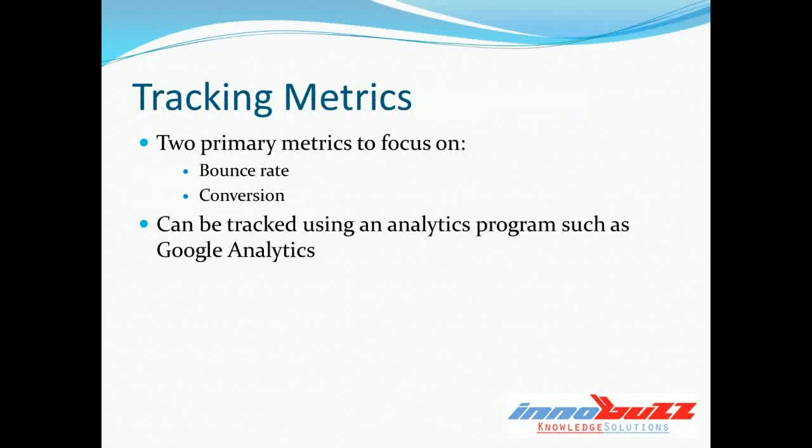Okay. So when it comes to tracking performance, we're going to be looking at 2 primary metrics. And we're going to talk so much more about this when we get to the analytics chapter of the course. But basically, it's bounce rate and conversion. A high bounce rate happens when a lot of customers come to your website, but then immediately click off. They don't click anything else. They're just on and then off, an immediate exit. Conversion is actually getting subscribers or users or sales. We're going to talk about this when we get to the Google Analytics software package a lot